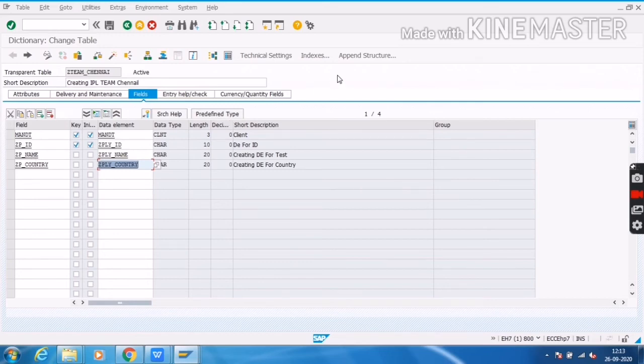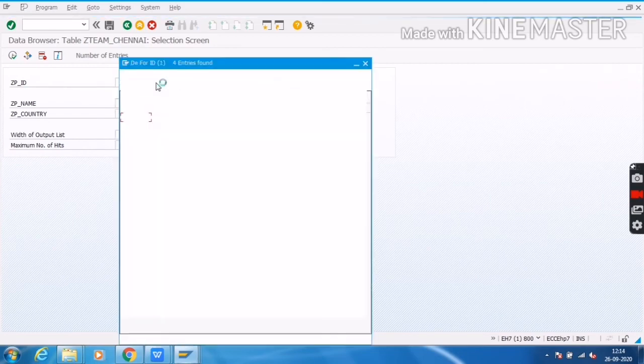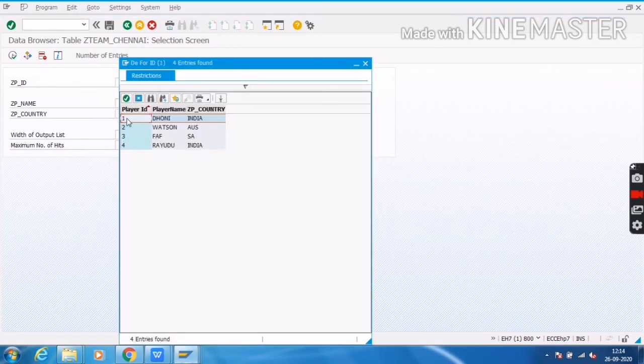Now I want to test whether it is working or not. To test, I will click on contents. Here is the player ID field. I will click on this one, and here we get a square symbol. I will click on F4. Here we can see the list of player IDs. We can get player ID, player name, and player country also.